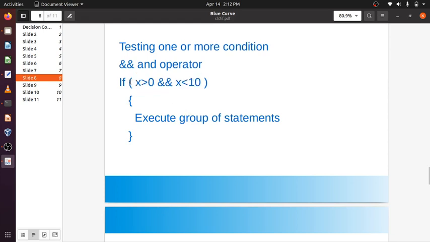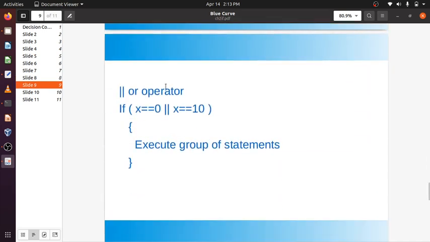The whole expression should evaluate to a true or to a false. Suppose 3 or 4 conditions are there; all those conditions have to be satisfied if they are joined by AND for this group of statements to execute. So the expression within the if condition should evaluate to true for this to execute, and for that, if multiple conditions are joined by AND, then all have to be satisfied. If joined by OR, then only one has to be satisfied.